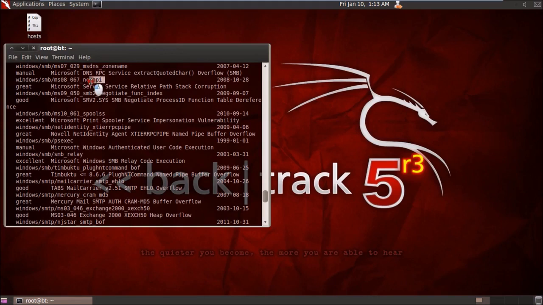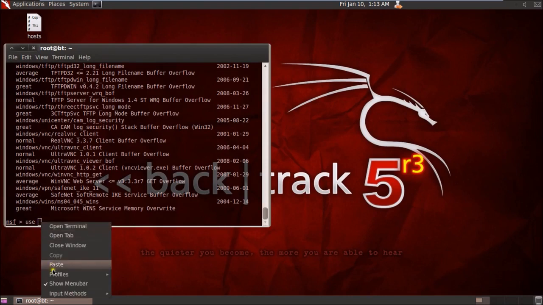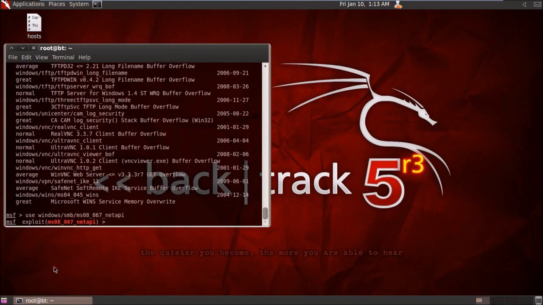Yeah, this one. I'll copy this and I'll use this particular exploit. For that, type in use and that exploit's name. That's it. As you can see, your Metasploit has chosen that particular exploit.